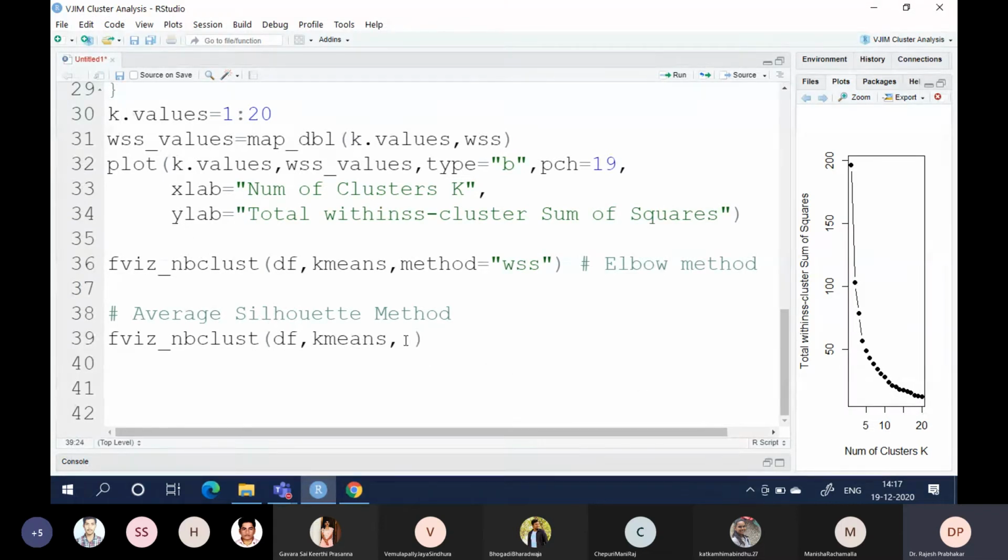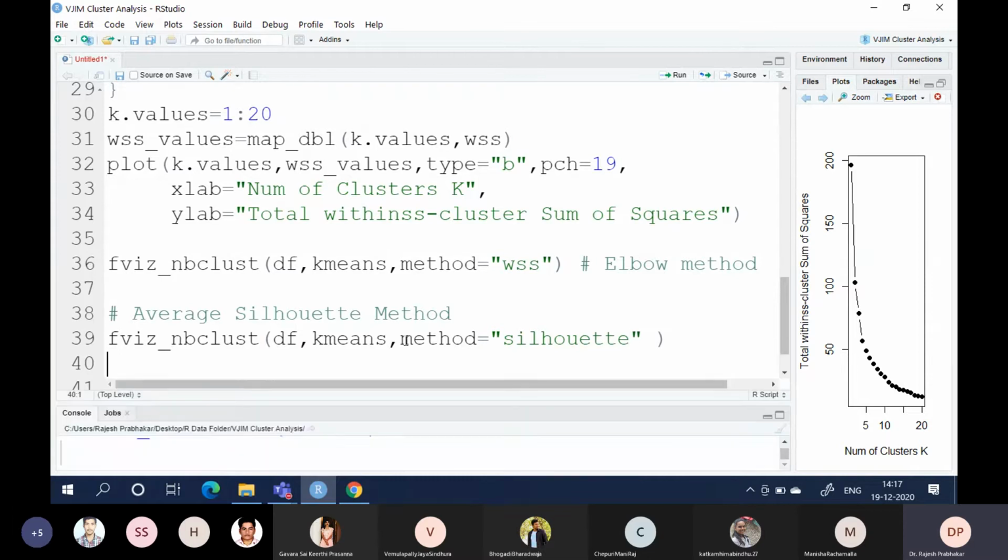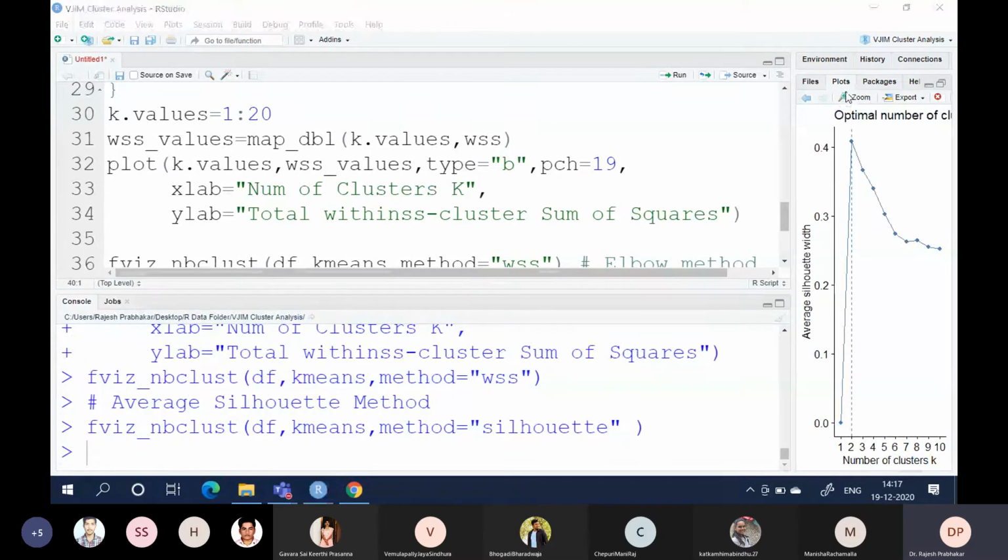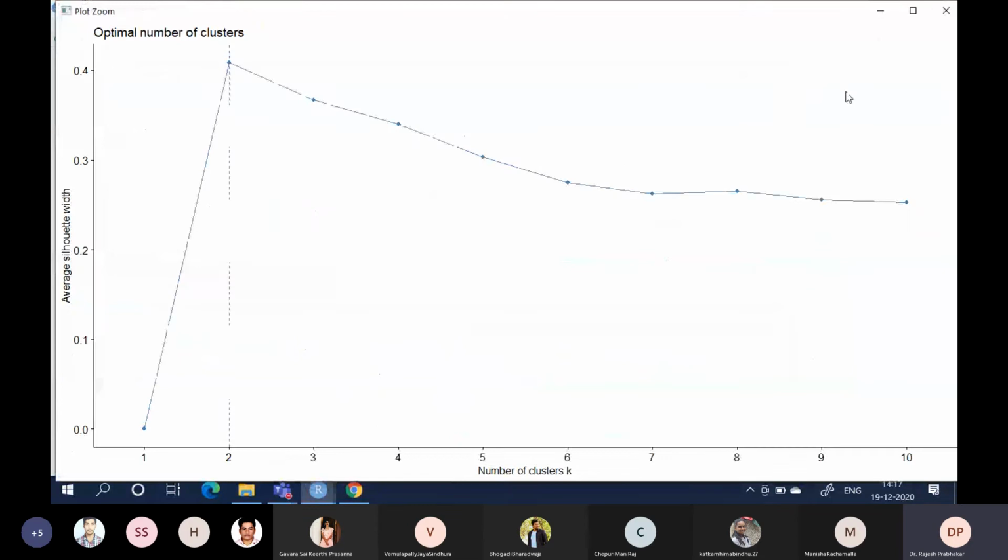method equals silhouette. So if you look at the width here, it is suggesting 2, or if you can go up to 4, would be a better option.